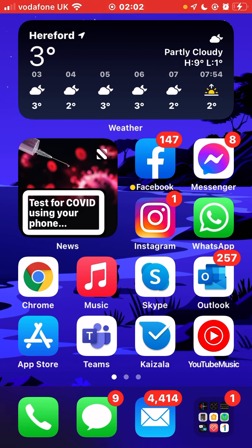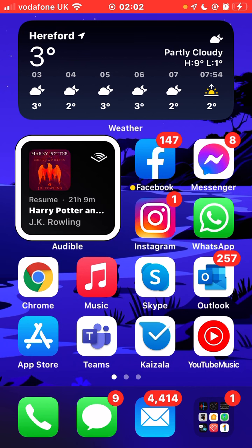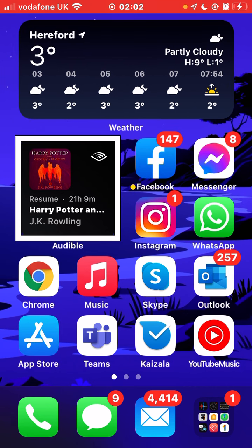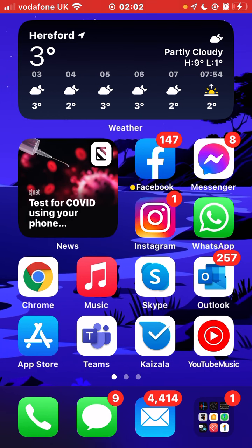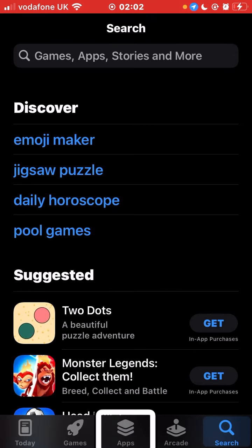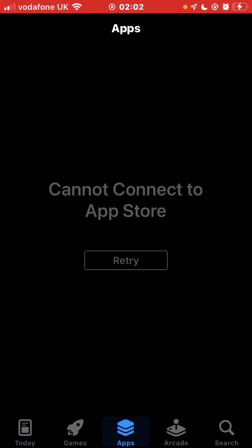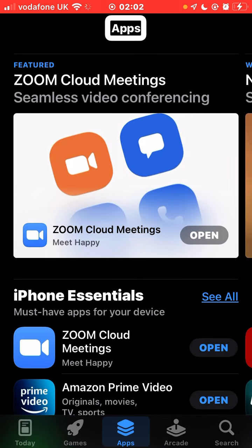Widget. Weather. And the news. Something about a test for COVID using your phone camera. What a load of rubbish. Widget 2 of 3. Podcasts. And Widget 3 of 3. Audible. So I've been listening to Harry Potter. App Store. Tab bar. Selected. Apps. Oh, look at that. Cannot connect to App Store. Retry. See, there's just glitches and...